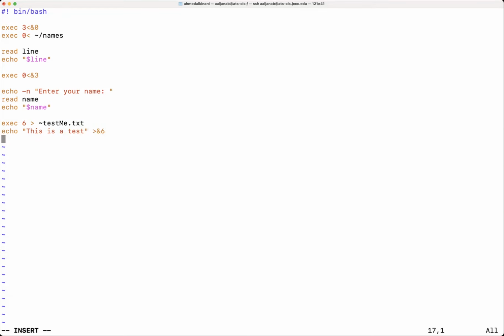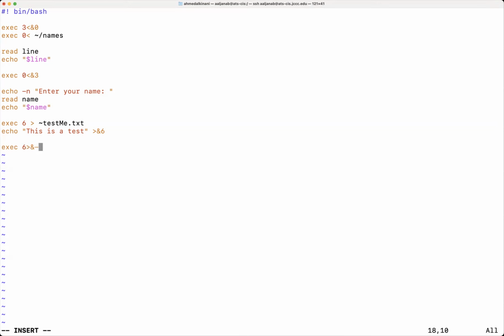Okay, now what I can do, I can free that file descriptor from this file, and then I can utilize it with another file if I choose to. And to do that, very simple, the command is to type again, same thing you did here, with one difference, which is you type here the ampersand and hyphen.